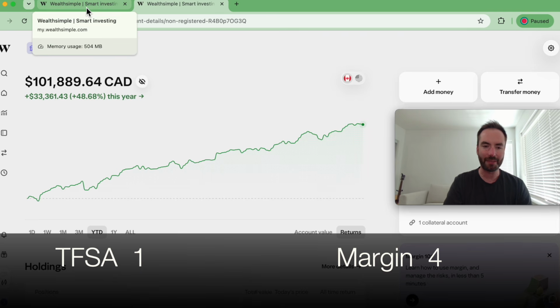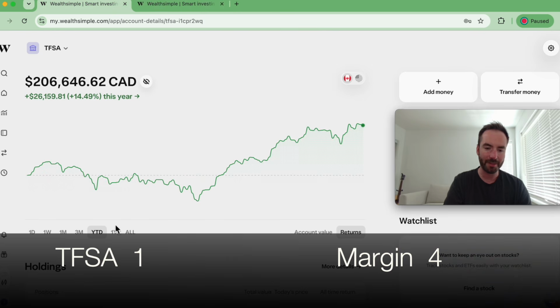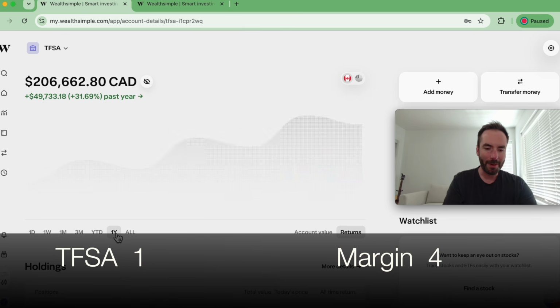You basically are going to get the flavor for the 1 year and the all-time return. But anyway, up 48.68% year to date, which is just a monster return as an income investor. Then we got the 1 year. Okay, well, it's still pretty good. 1 year,